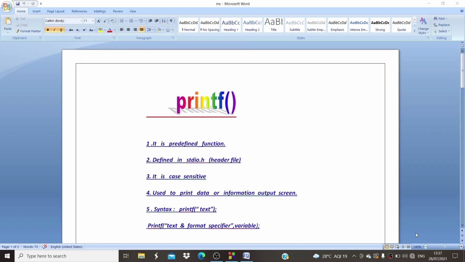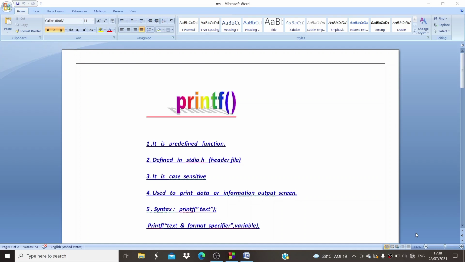Guys, in the last section we saw all the basic programs. Today's section is also about basic programs, but today let us use scanf. By using scanf, let us write the programs. We wrote a few programs in the last section, but we used only printf. So in today's section, let us see the programs by writing scanf.